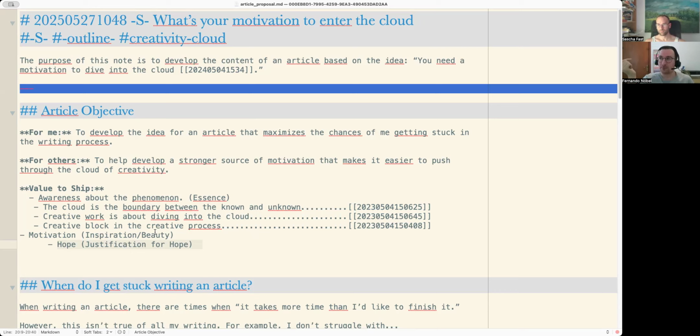So I think the problem when I'm doing these long form articles is that I was not able to see what were the knowledge blocks that I'm dealing with. So here, one knowledge block is awareness about the phenomenon, then the motivation, hope. I was not clear what were the blocks that I needed to develop for the article. So I was developing everything, hoping that I will develop enough to write the article at the end. So I think that's the problem that I was having.